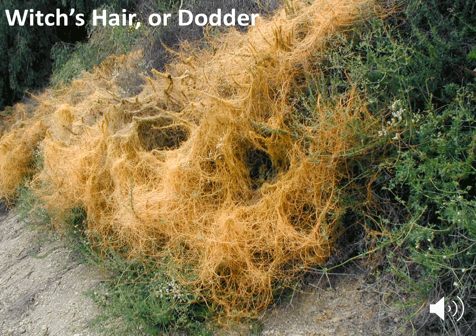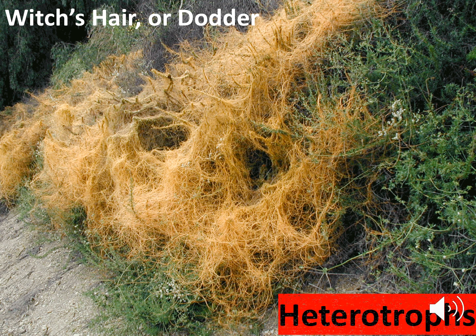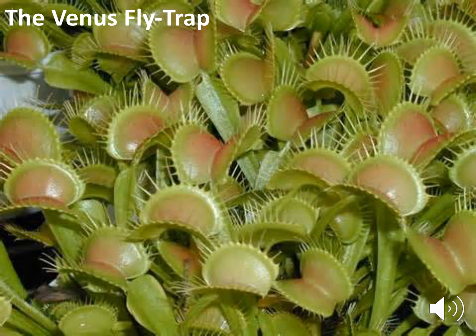This is a plant called witch's hair, or dodder. It has no photosynthetic pigments whatsoever, no chlorophyll, and instead it simply grows into other plants and basically sucks the glucose out of the other plants. These plants are heterotrophs. Now, sometimes people will be under the mistaken impression that the Venus flytrap is also a